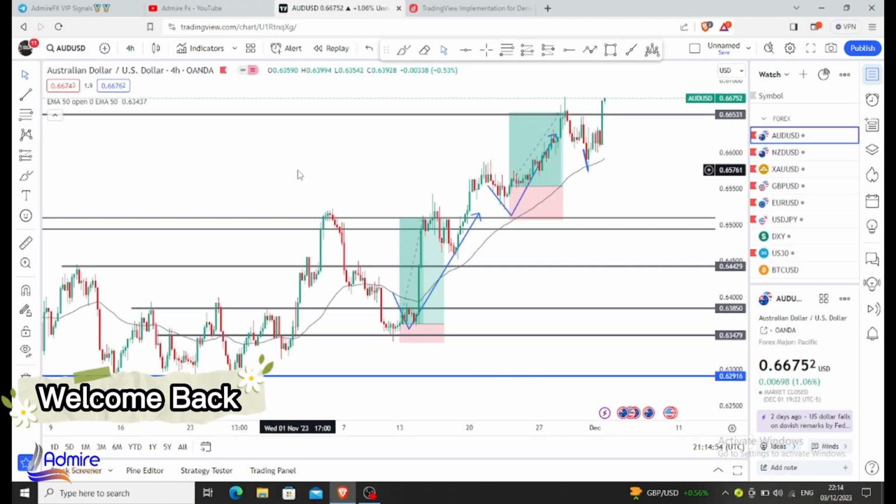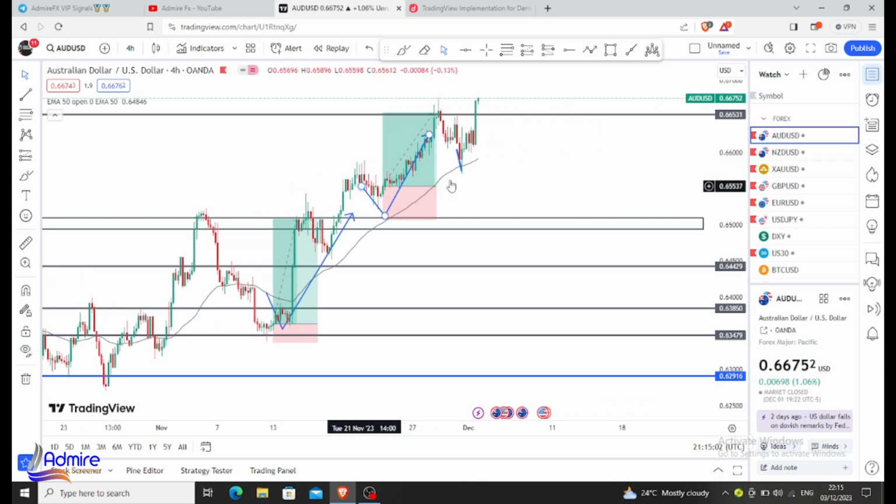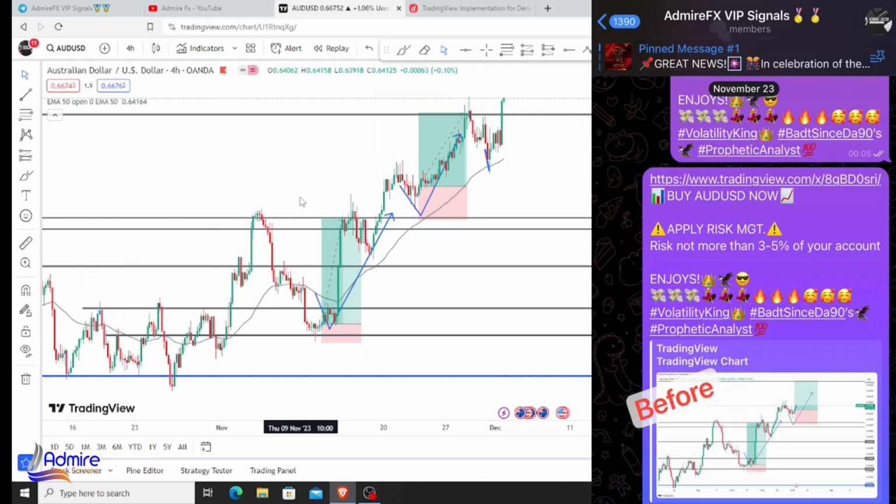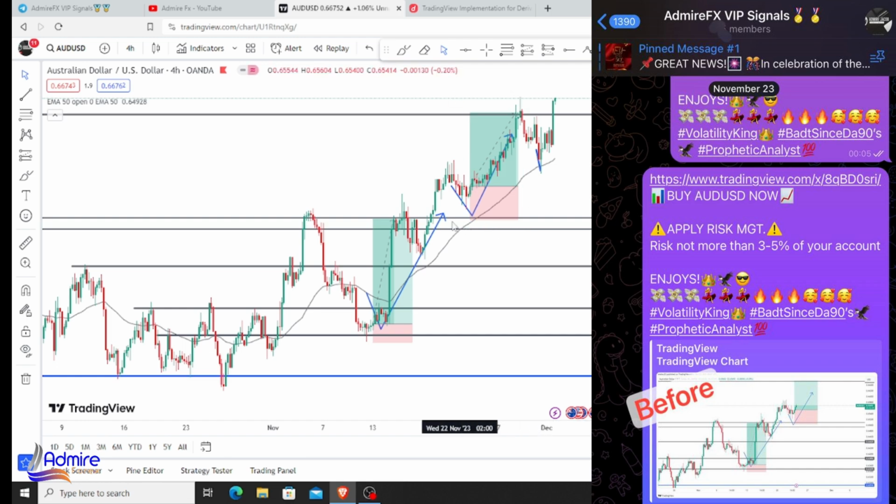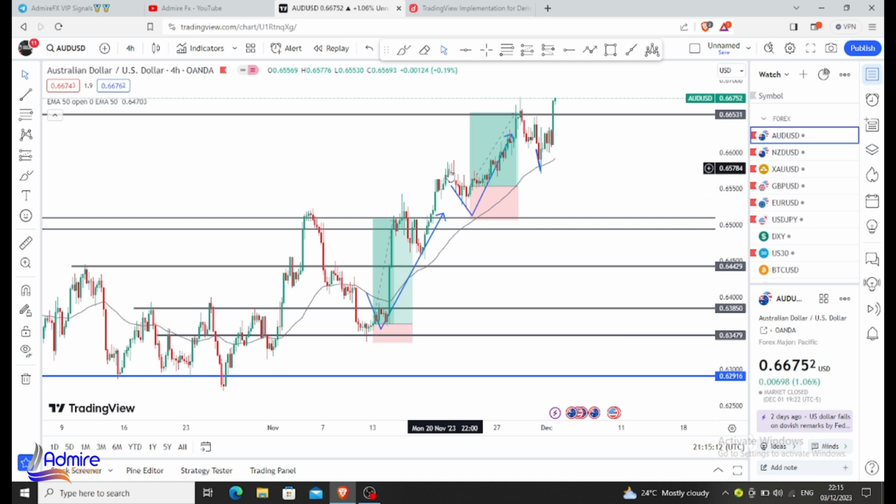All right guys, welcome back. So that was how price went. You guys can see how we predicted the move of AUD USD into precision. So for last week, this is how it happened, the buys, just like you guys saw in the video. We were looking for price to break out of these highs and a retracement to these highs, and bullish continuations, for which we sent out signals. We predicted price to go up to the 0.00535 area, and price has gone to that area and even breached further.